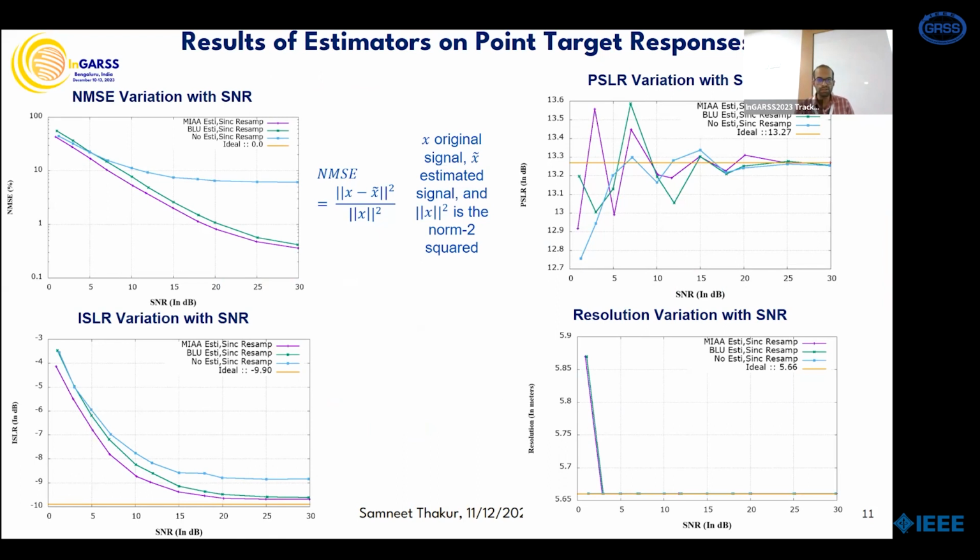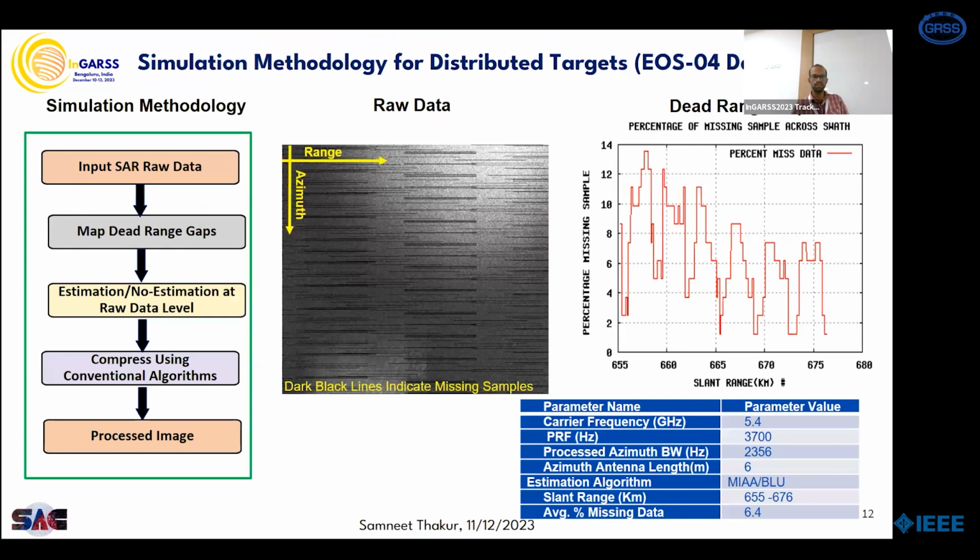So this is the response of these point targets for different SNR values. As you can see, with increasing SNR, the ISLR and PSLR and the NMSE, that is normalized mean squared error, improve with increasing SNR for each type of estimator. Now moving to the distributed targets, we took this EOS04 data, and then we